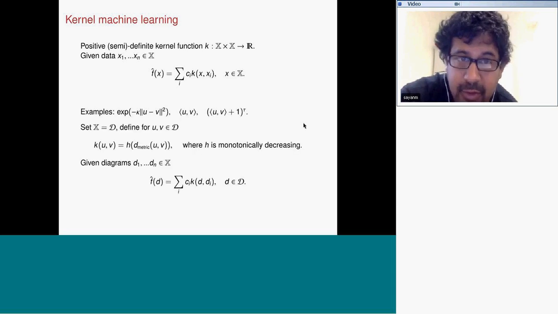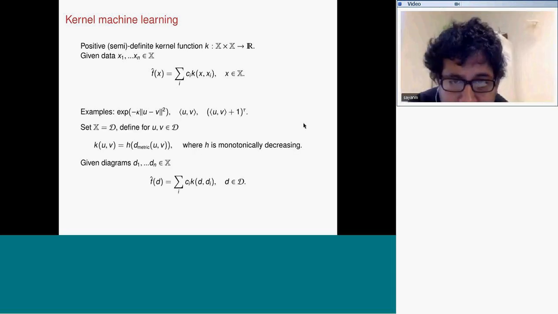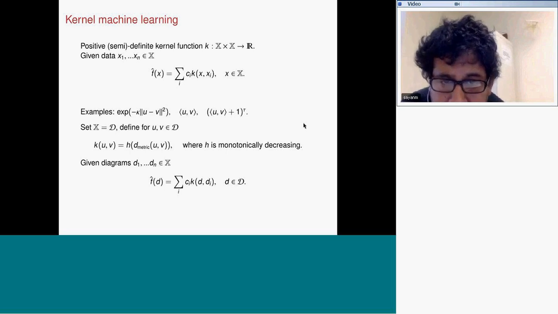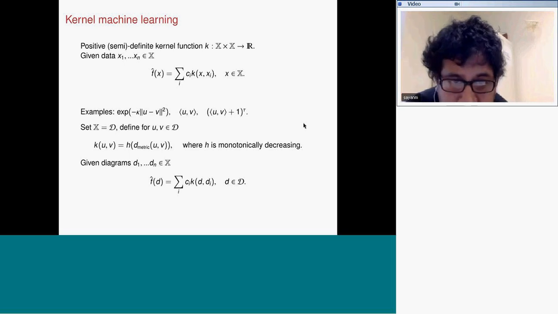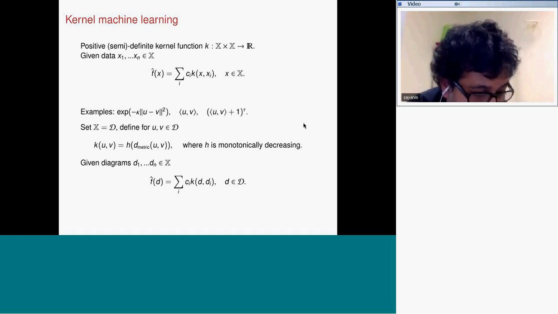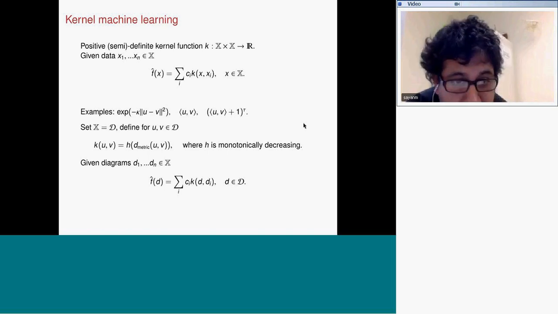Now, you can do this if you think of your space as a space of diagrams. If you have some metric, and a function of the metric which is monotonically decreasing, that will give you a positive definite kernel function. And so you can start doing learning using these summaries. There's been some work done on that. I know Gunnar has done some, and John and Paul have done some, and other people are trying to develop this idea. One very basic question is that we know about function estimation on standard spaces, but we don't know what it looks like on these diagram spaces.